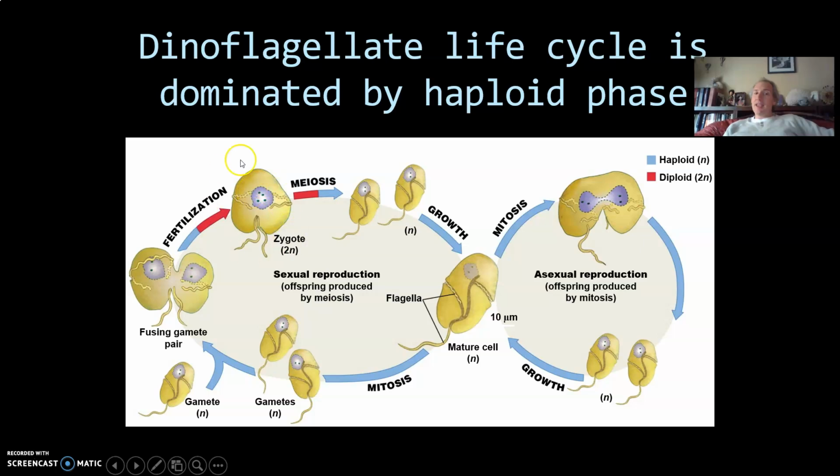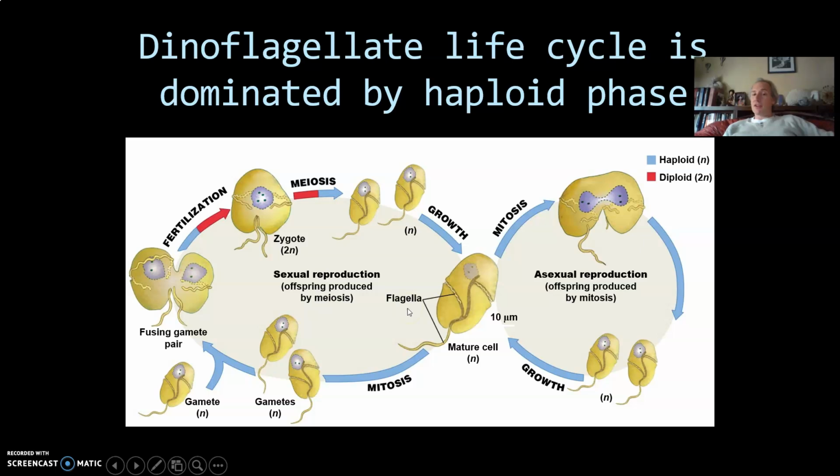And then they can hunker down in this stage, kind of form a cyst, live in that protein shell, sink to the bottom of the ocean, wait for sunny weather or the right conditions to burst out. Then they do meiosis. Takes a lot of energy to do this, and then they go from diploid to haploid, and then they go back to living. So you should be familiar with these life cycles.